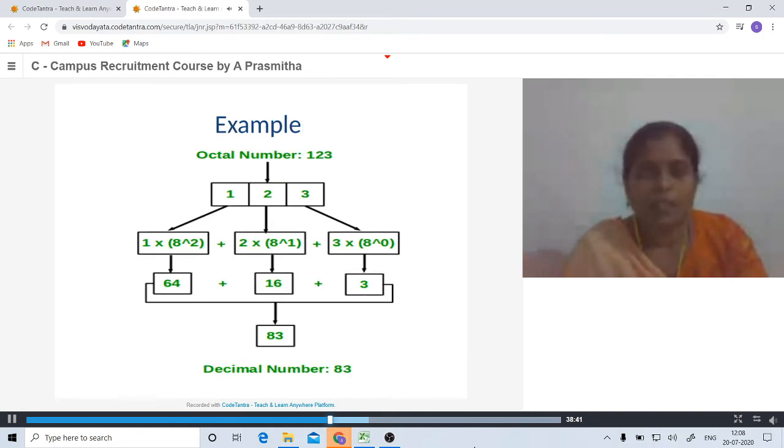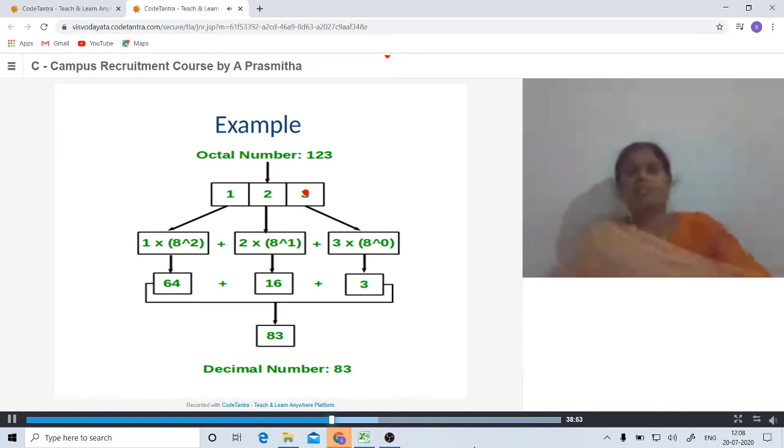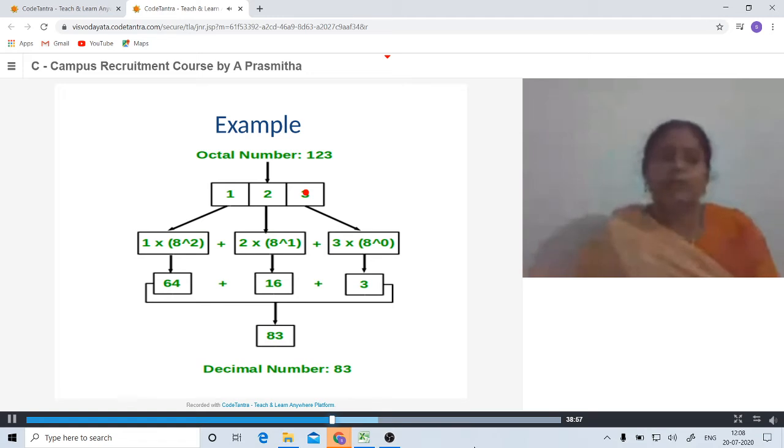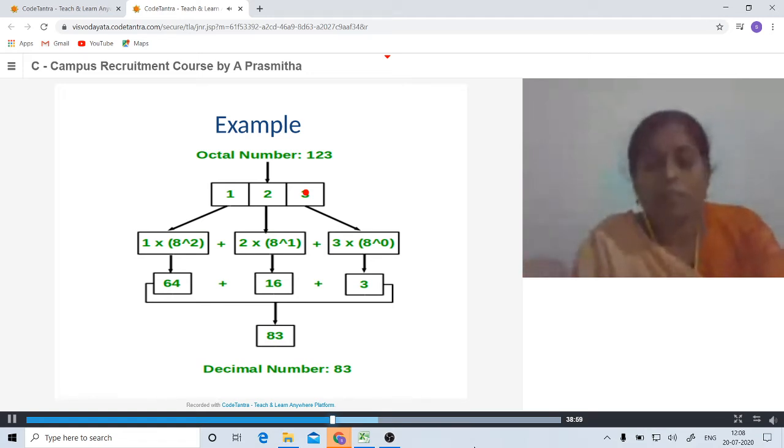Now see the example. 123 is an octal number. This octal number is converted into decimal by first extracting each digit from the given octal number by dividing that number with 10, and the remainder is nothing but 3.